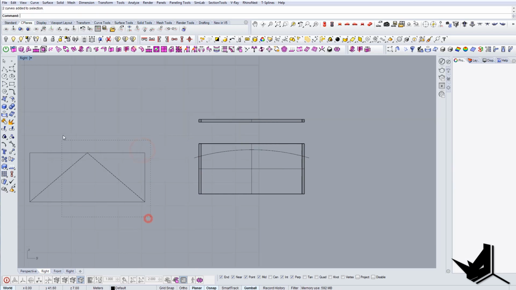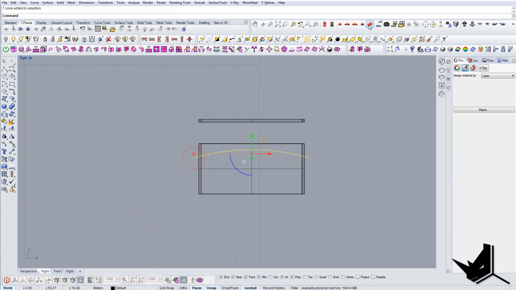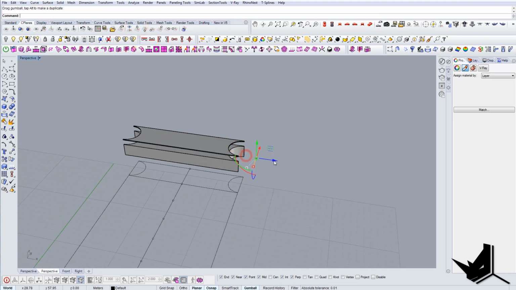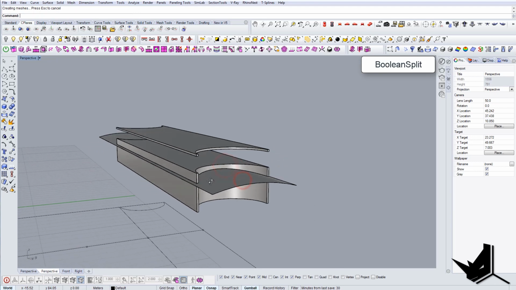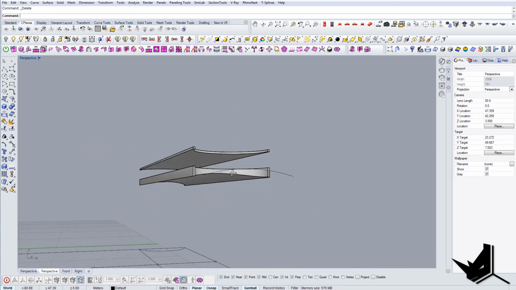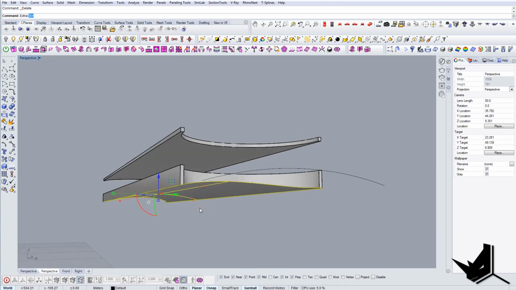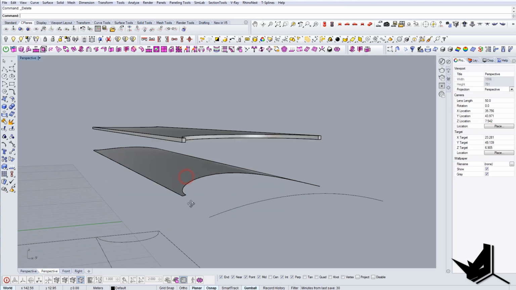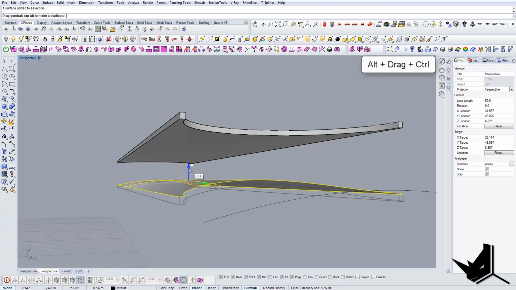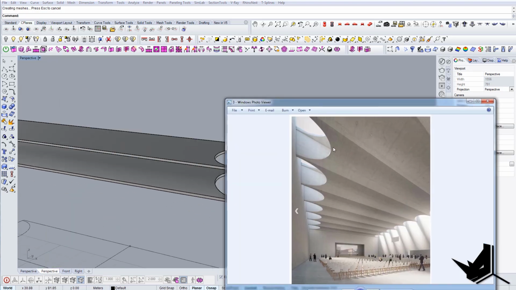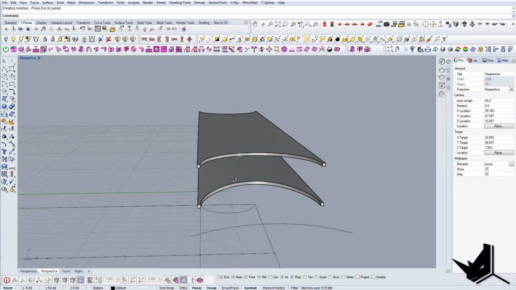Okay, so let's see if this will work. So I'm going to go to the perspective, and I will extrude these here, Boolean split, and that's what I get. So I'm quite happy with it. So I will actually extract this surface. I'll delete the top, and then I will extrude it upward like this. And as you can see here, we cannot see, but I will assume that it's going to connect somewhere around there. So I will simply